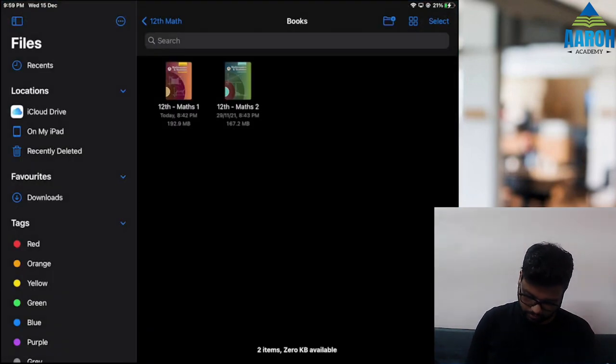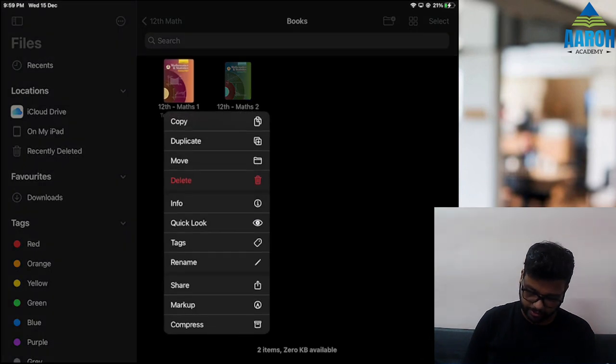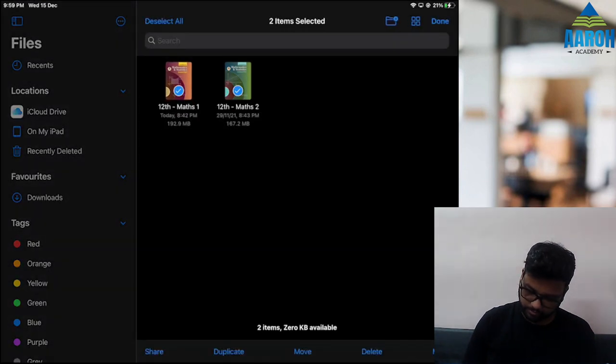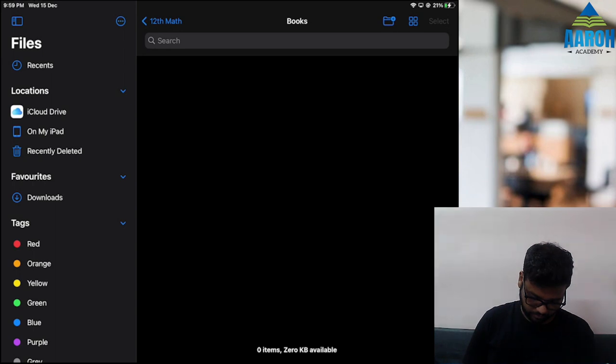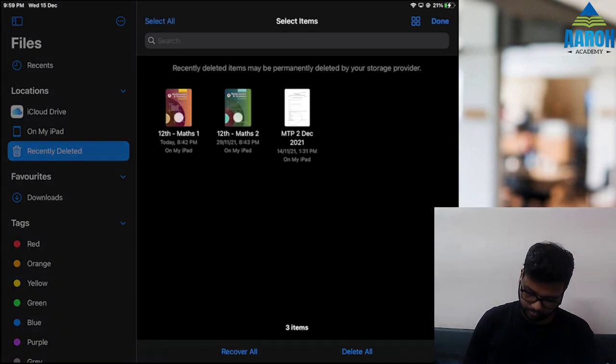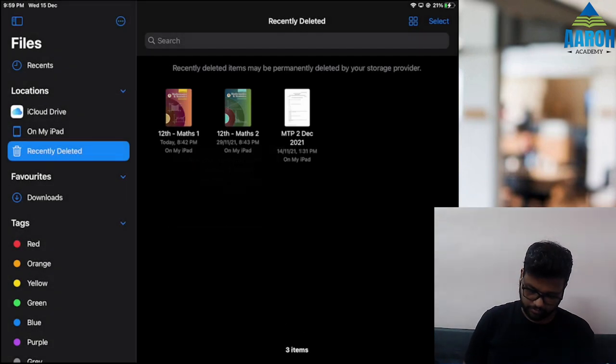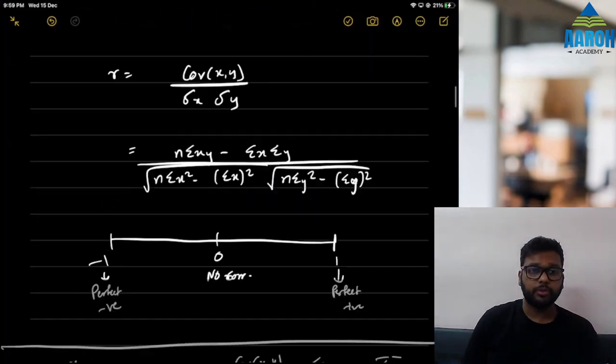Oh, why is iPad storage full? No, just a second. Let me delete some things. Fine. So,